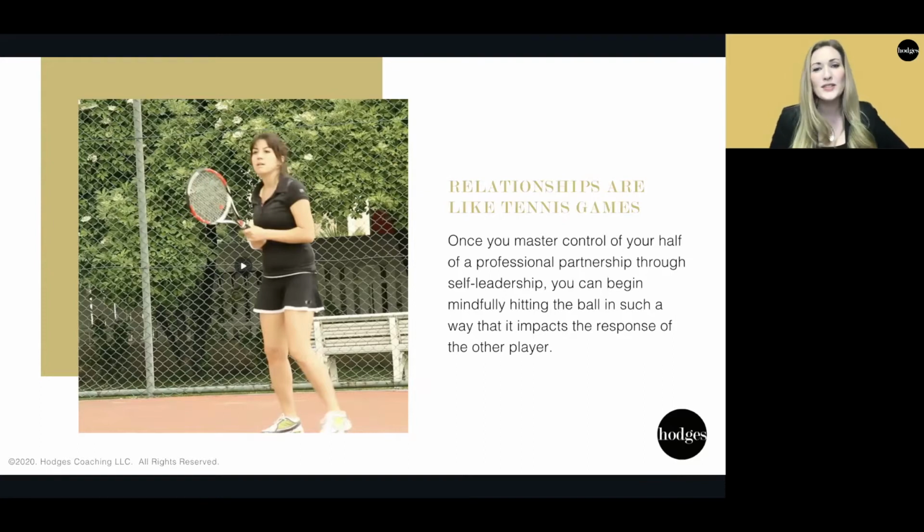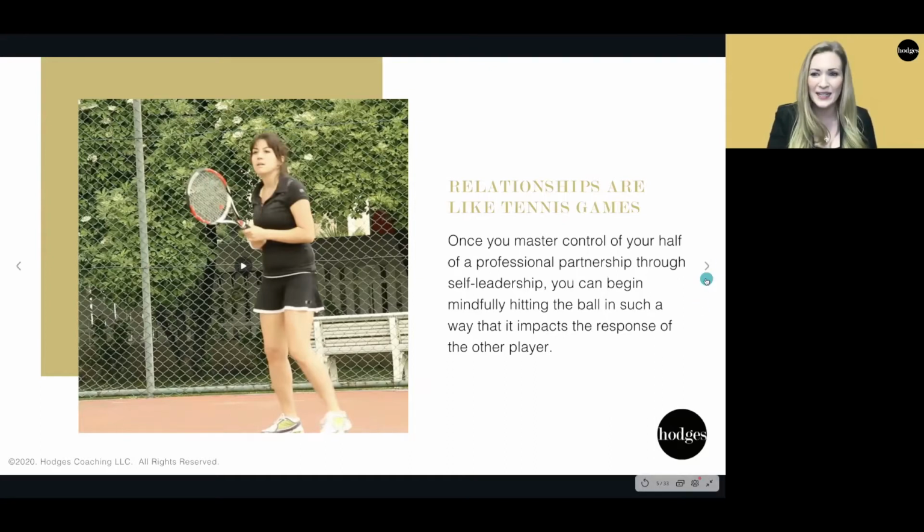And so once you master control of your half of a professional relationship or professional partnership through our self leadership, then you've been able to now mindfully think about, okay, how can I hit the ball in a way that helps them also self lead, that helps bring out the best in them, assuming that they're not your opponent, right?